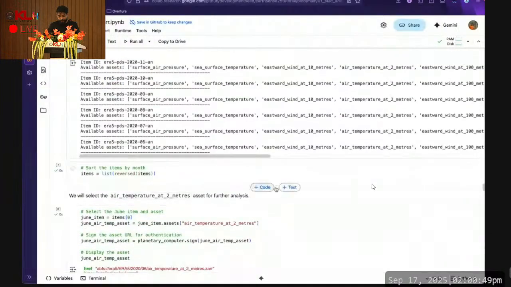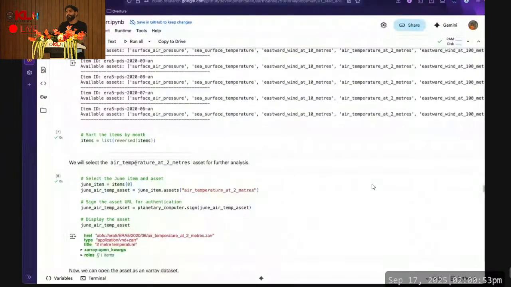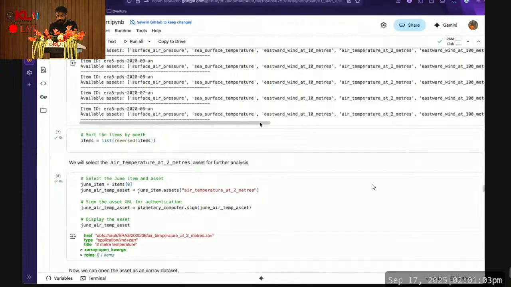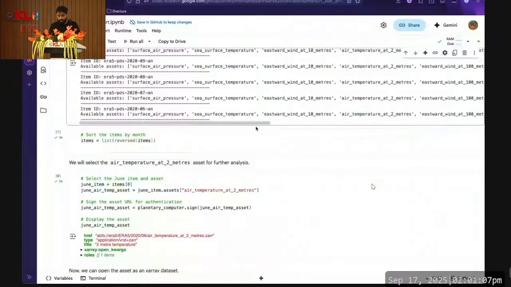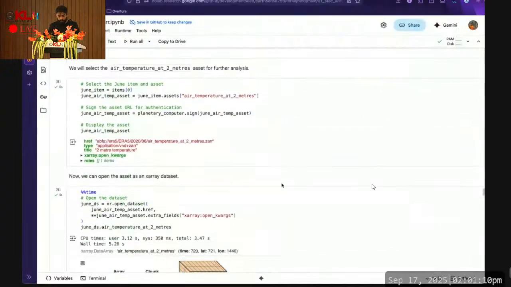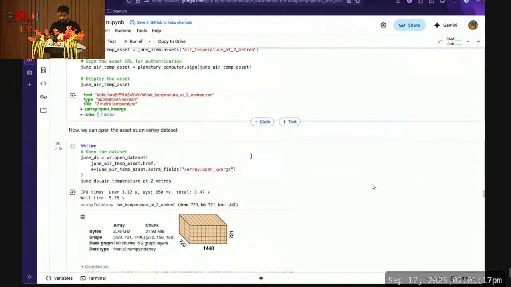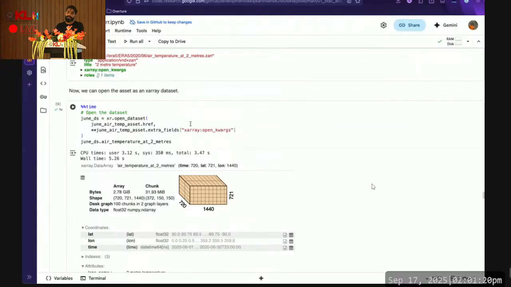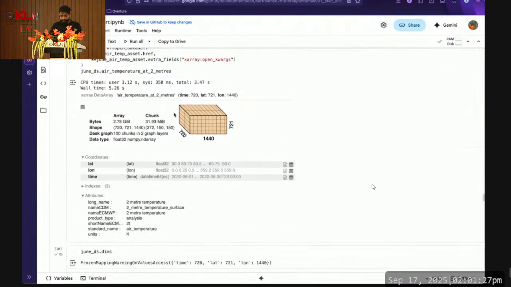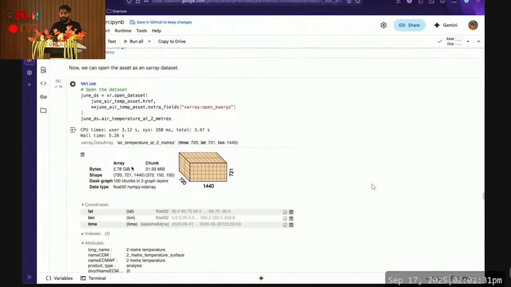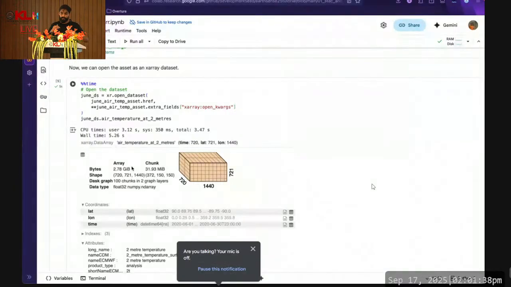From these assets, we are interested in air temperature 2 meters above the ground for this tutorial. But you can see you have 10 meter, 100 meter, and a bunch of other assets as well, if you want to access those. So we get the link for that particular asset. We open that in Xarray. Xarray is a Python library that is used to open multi-dimensional datasets. As you can see, this dataset, when filtered down to the data 2 meters above ground level for this month for India,